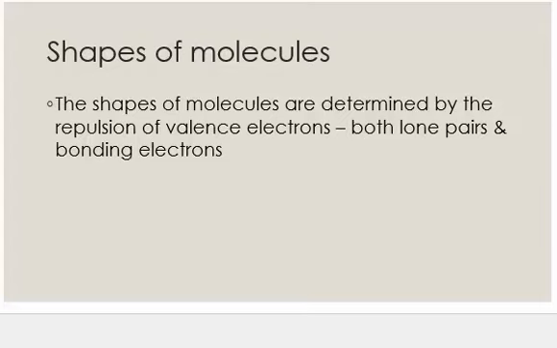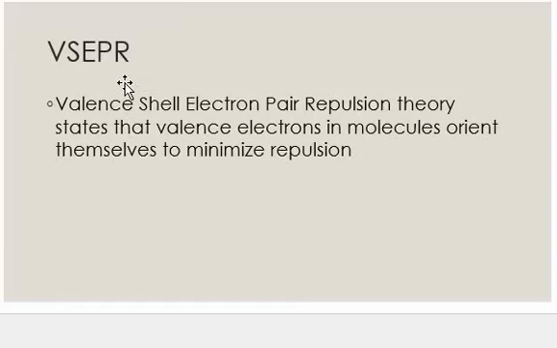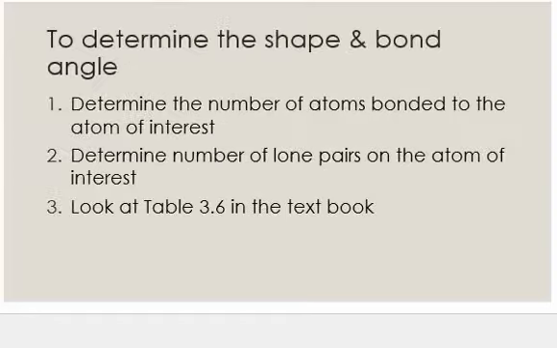The shapes of molecules are determined by the repulsion of valence electrons, both lone pairs and bonding electrons. VSEPR stands for valence shell electron pair repulsion theory, and it states that valence electrons in molecules orient themselves to minimize repulsion. To determine the shape and bond angles in a molecule, first determine the number of atoms that are